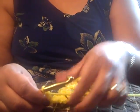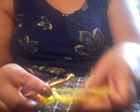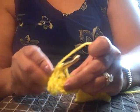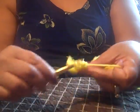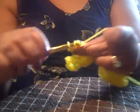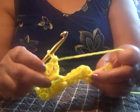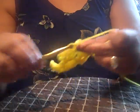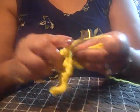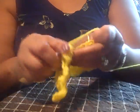At this point, we now are going to bring our work up to our hook, and we're going to insert our hook in the chain 3 space with a slip stitch, and we're going to do the 3-3-3, which is chain 3, and do 3 double crochets inside of the chain 3 space. We will now kiss it together, and we'll do 3-3-3. And as the blanket gets larger and larger, you'll be doing more kissing than you will be